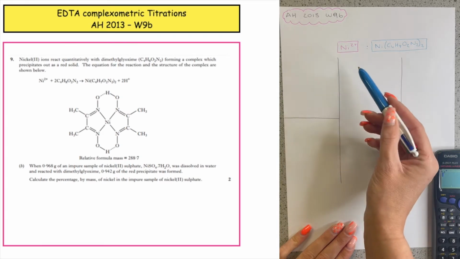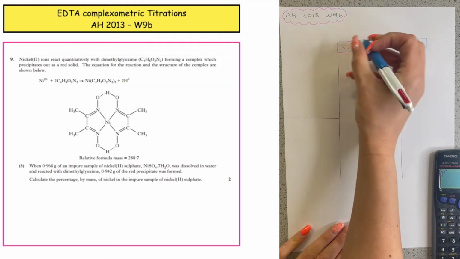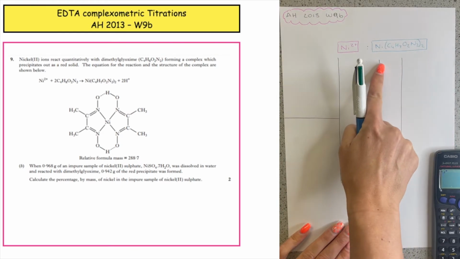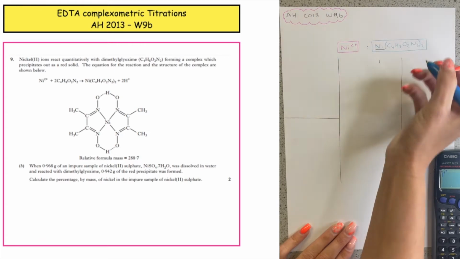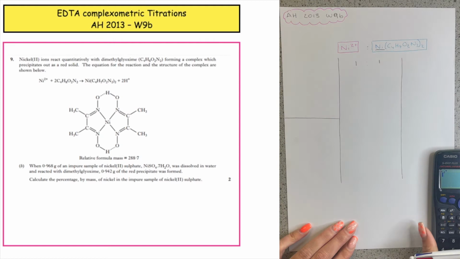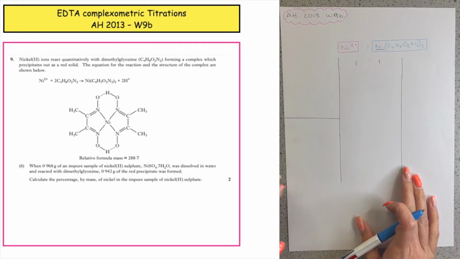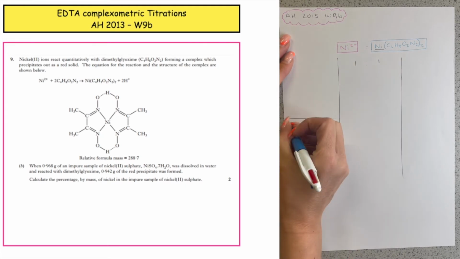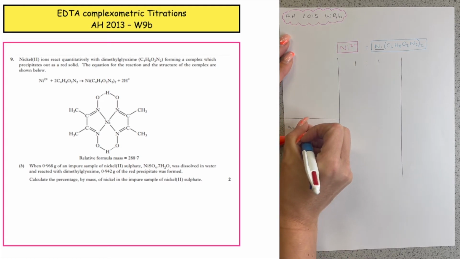So the first thing that we want to do is a ratio. We have got one of our product, which is our precipitate. How many nickel ions are found in that precipitate? We have 1, so that's our mole ratio. Now the question asks us to work out the percentage by mass. So on the left hand side, which is to do with the nickel, percentage is equal to mass over sample